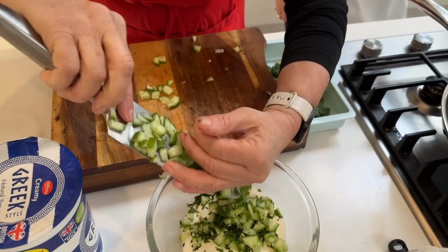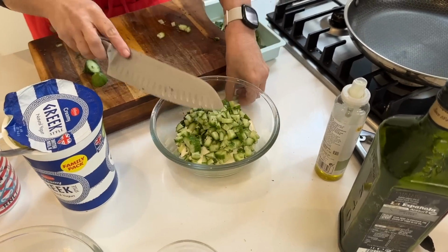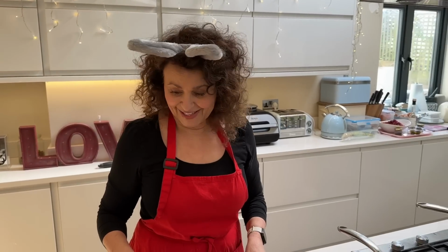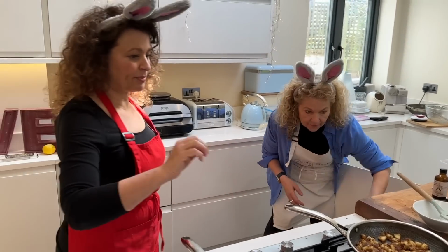Okay, so this is very cucumby because we want those. And look what we've done for our microbiome in our gut again. We've got the herbs. Lucky old microbiome. Now this I am going to put garlic in, but I'm only going to put a little tiny bit